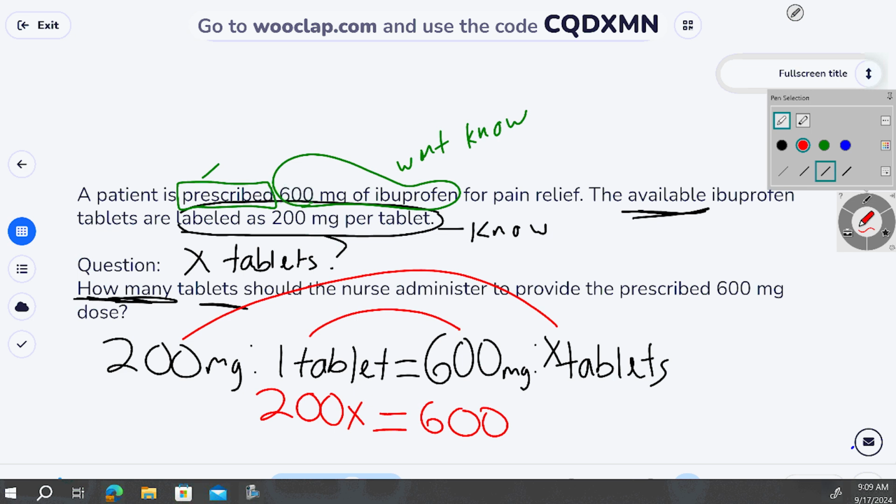So 200 times X is saying 200 is multiplied by X. I can't do that because I don't know what the X is, so I can do something else. I can always do the opposite of whatever multiplication is. In this case, it's division, right? So 200 divided by 200 leaves X by itself, right? X equals, but whatever I do on one side of the equation, I do on the other side. So 600 divided by